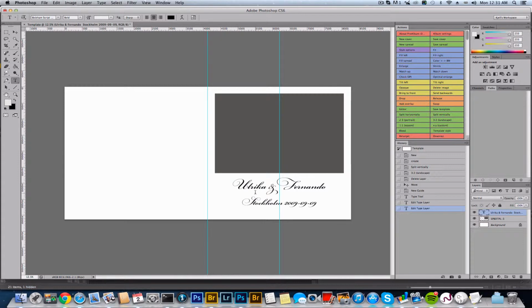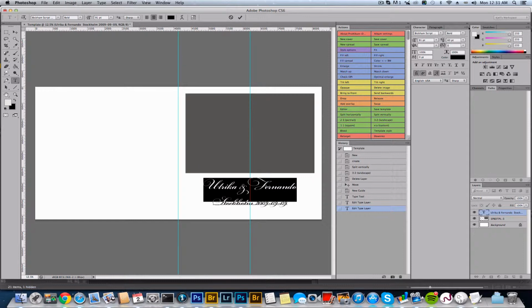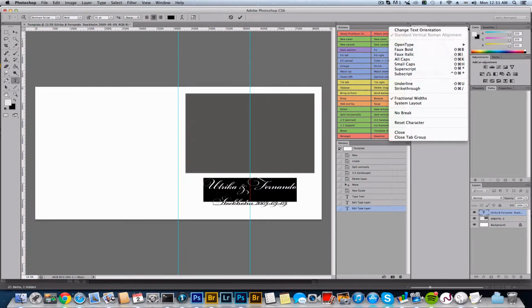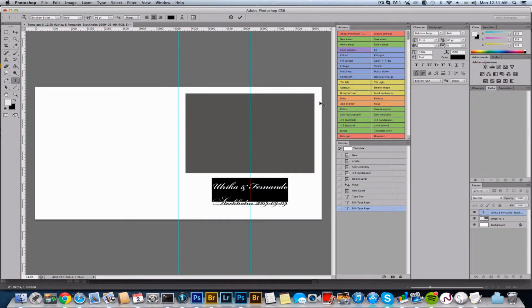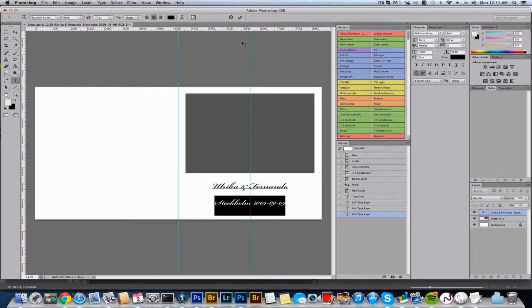And one thing I should point out is that when you're working with text, you can go into the character palette, and you can here choose OpenType. This ProAlbum-Designer Pro is an OpenType font, and I have this swoosh thing turned on now. Normally you would keep that off by default, but for some letters it's nice to have it on. So let us first get rid of the swoosh effect, and then on just the first